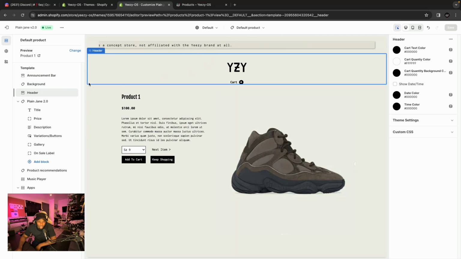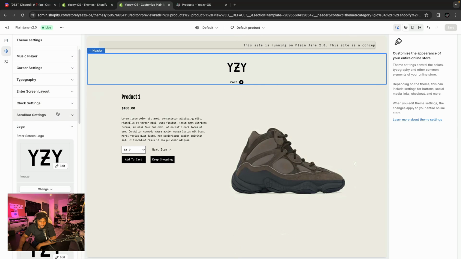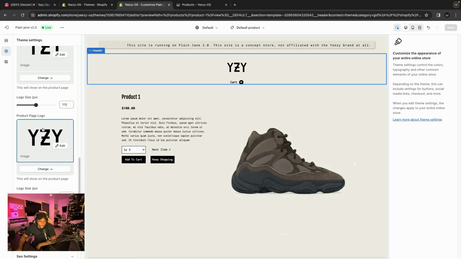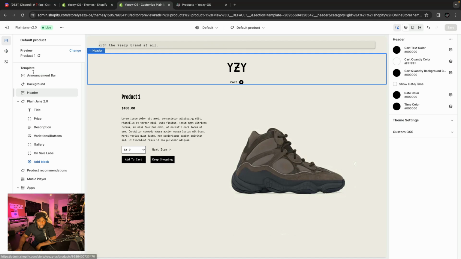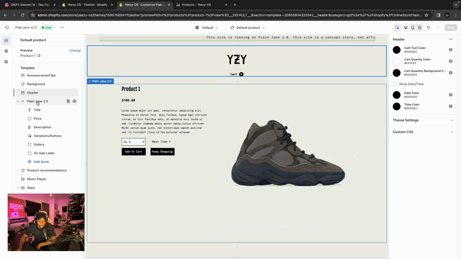So let's jump over to the header section here, that has the logo. To change the logo, you want to go to theme settings, go to logo, and scroll all the way down to product page logo. Below that, it's the same 115 font size or logo pixel size. And then for cart, that's also universal. We covered it in the last section, so we won't do it here. So let's jump down to this plain Jane